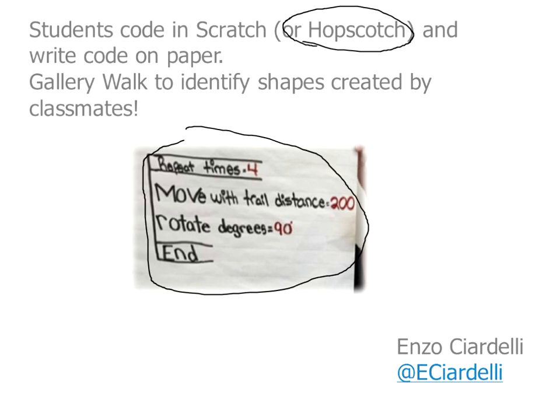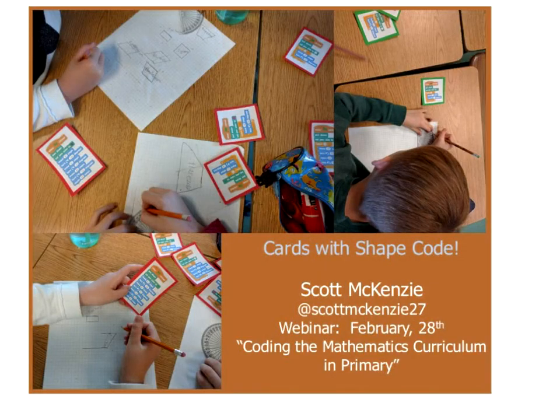So what he did, or what you could do, is have your students code in Scratch in groups, and then they can write out that code on a piece of chart paper and put it up around the classroom. As the teacher, you know that their shapes are accurate because they've tested them out in Scratch. Then the rest of the students can do a gallery walk and try to identify the shapes that they see. They could write it on a piece of paper, or they can engage in discussion at each of the groups with the authors who wrote the actual code. So that's a great way to incorporate this and make it a little bit more collaborative. Another idea